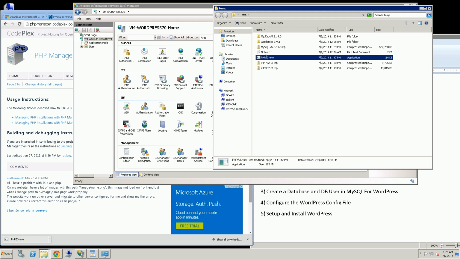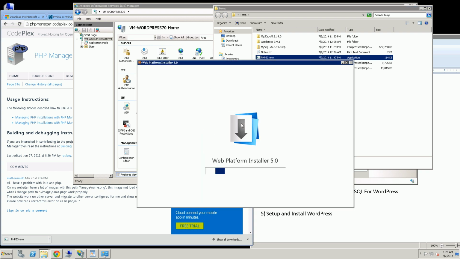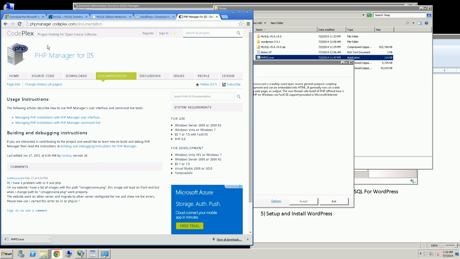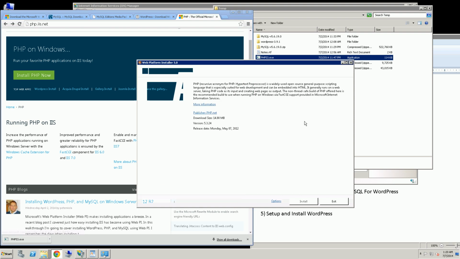If I go back into the Web Platform Installer to show you the version that was installed, you'll notice it's 5.3, and that was the link here, was the 5.3 link. However, if I go back to my Web Platform Installer, you'll see it's 5.3.28,